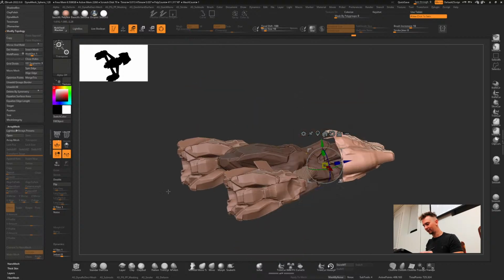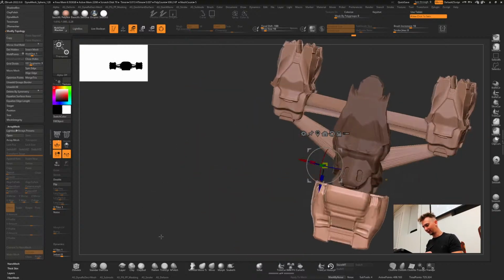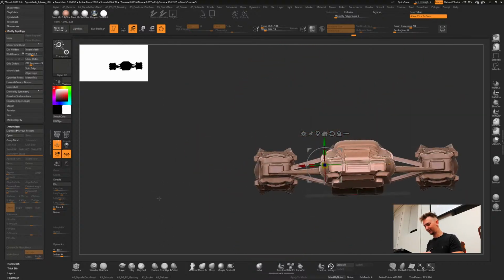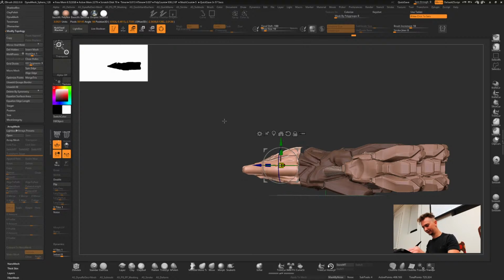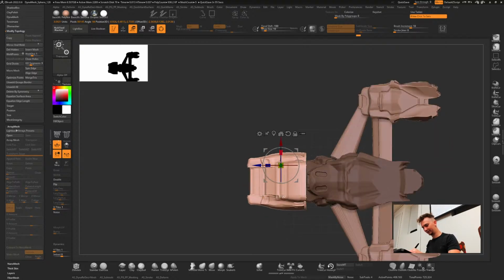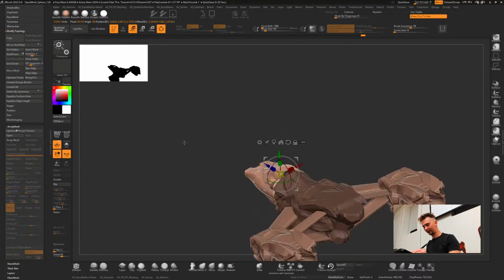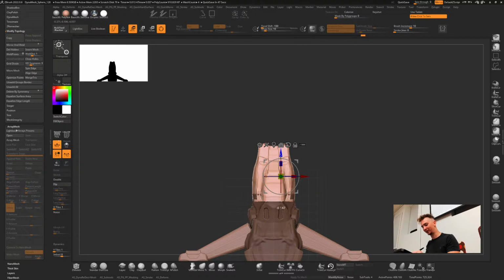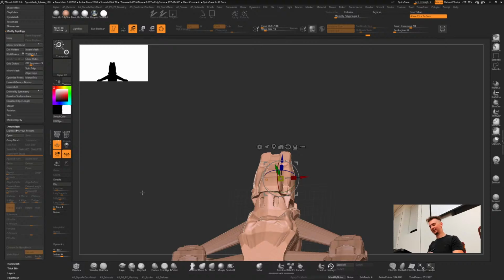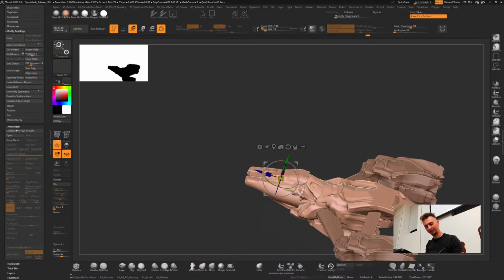Wait a second. Has this always looked like this? Oh, yeah. I kind of like this. It's ugly. Okay, is it less? Yeah, it's less. It's just a very short penis now. Okay, then I Dynamesh it. See you guys. See you, man.